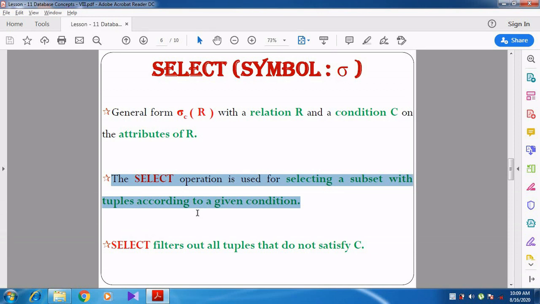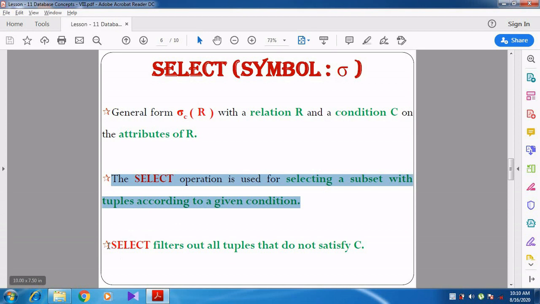That means the entire row will be selected. We are going to select one particular data, so that data with all the attributes of that particular row will be selected. Based on the condition it selects one data, but that one data alone will not be displayed; the entire row will be displayed.